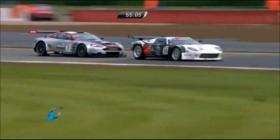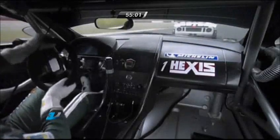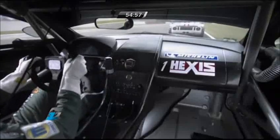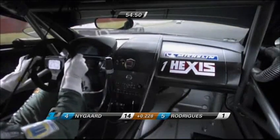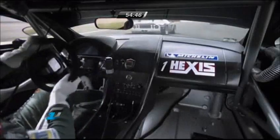Indeed, there is a good look at the Ford GT of Christopher Nygaard, and Fred Makowiecki is on board. You can see him working the pedals, and it's super onboard shots. Look how close he is, tucked in behind the Ford GT. He's going to move to the inside down the Hangar Straight, trying to make a move into Stowe Corner, but that Ford